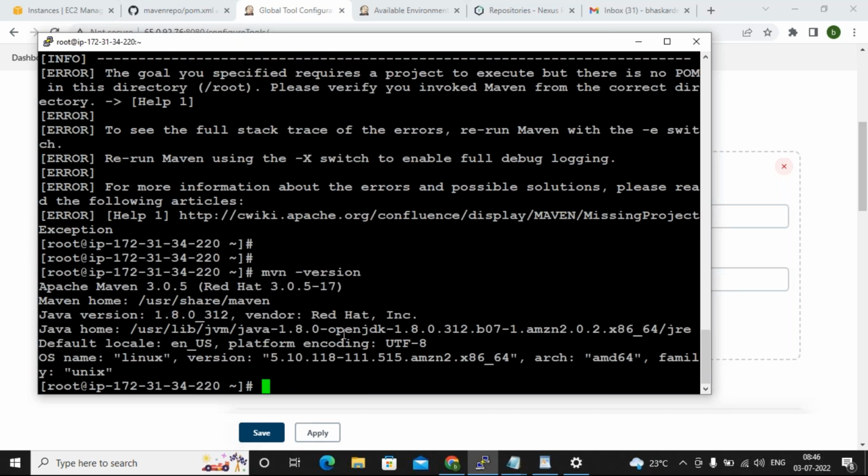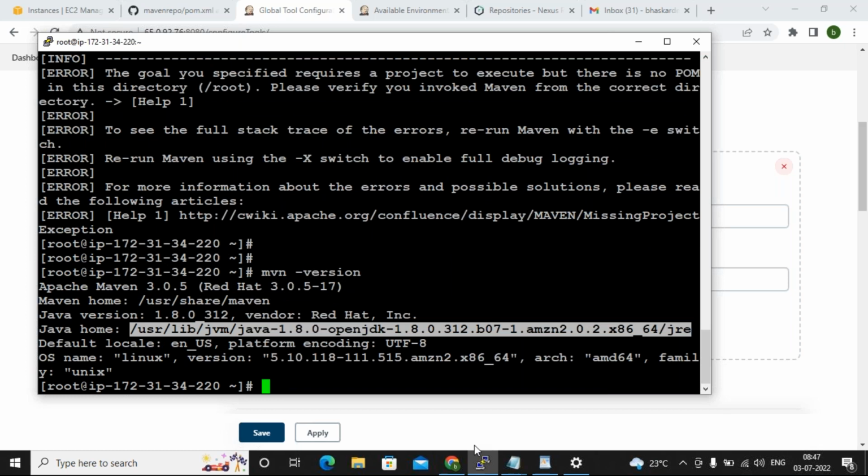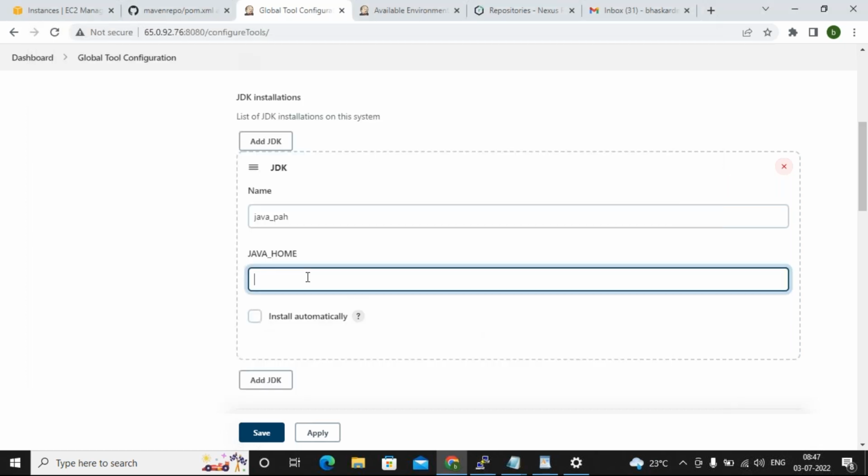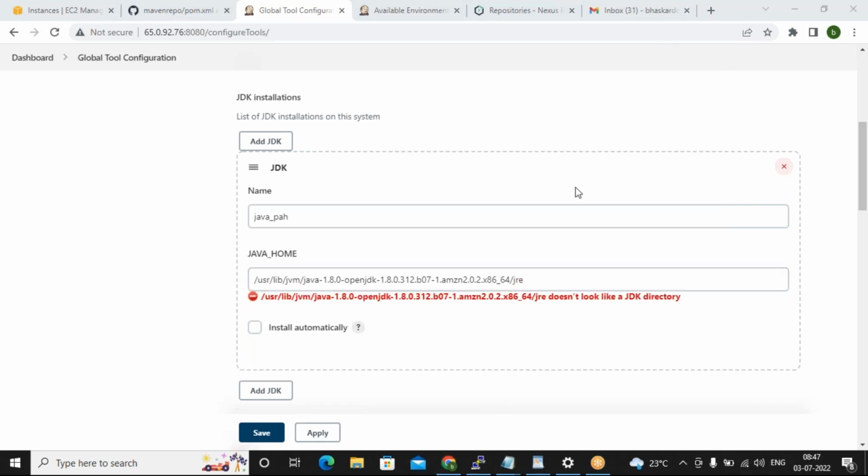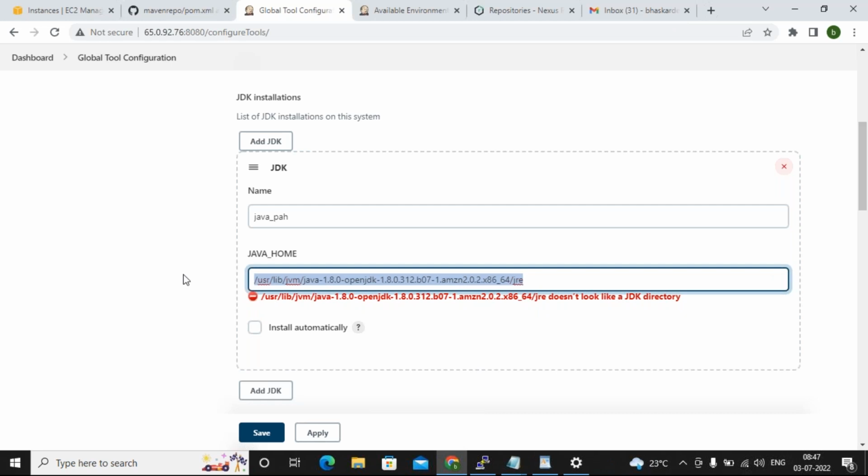So this is the path, see? This Java path you have to set here. It is a different path. Now if you install Java in a different path, you have to add that Java path here, guys. So for every job this path will be used.